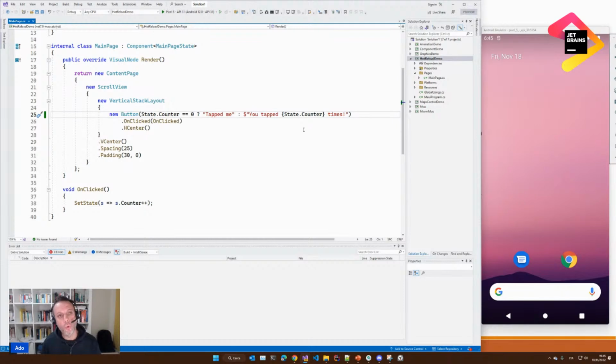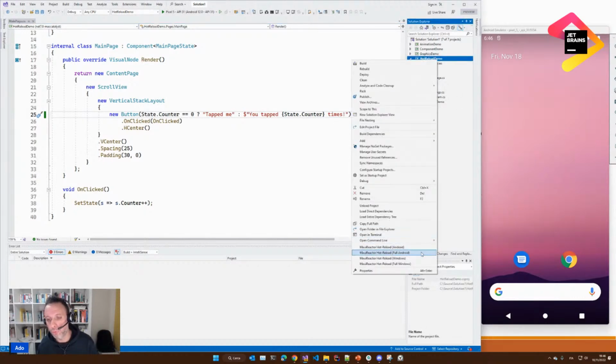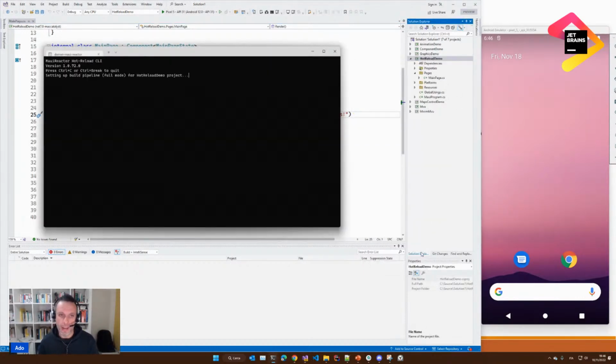To debug the application, even with a hot-reloaded app, you have to run hot-reload in full mode. As said, simple mode and full mode are described in depth in the documentation. Anyway,